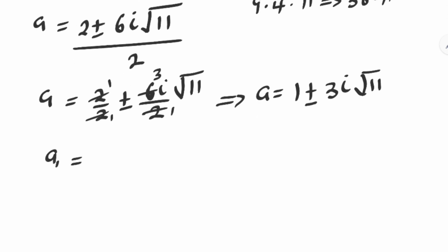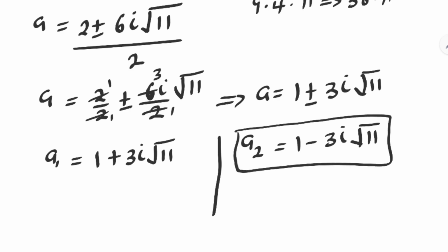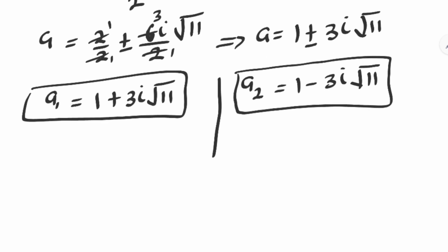Therefore, A1 is equal to 1 plus 3i square root of 11, or A2 is equal to 1 minus 3i square root of 11. These are the values of A. We've gotten the value of A1 and A2. Let us solve for B1 and B2. To solve for B,